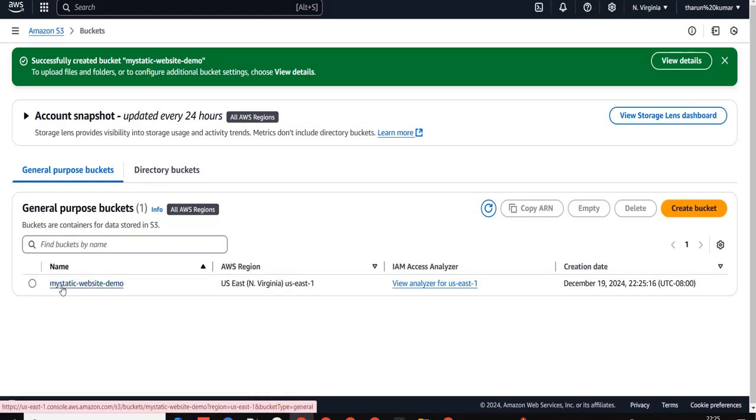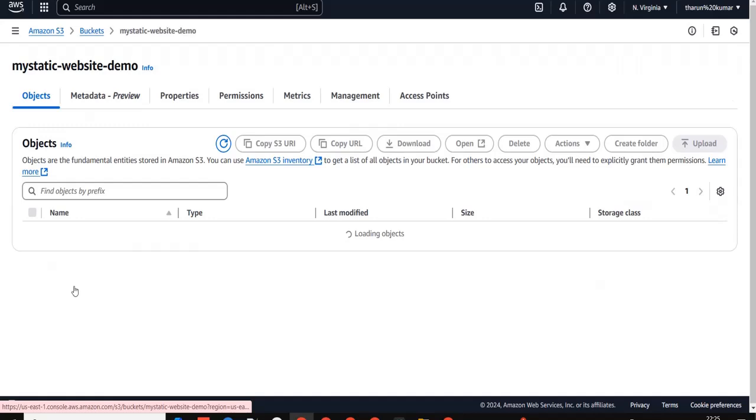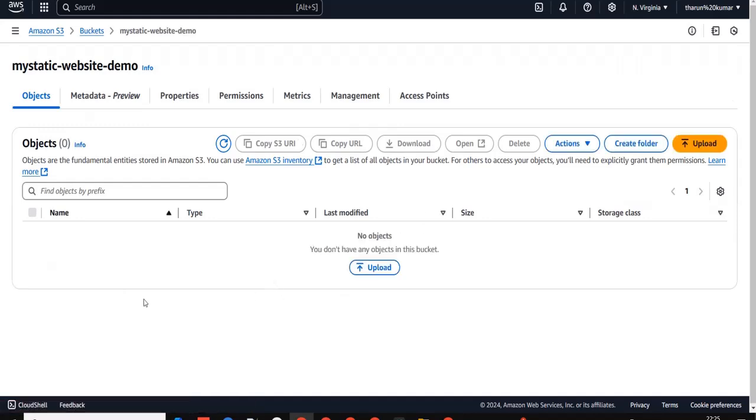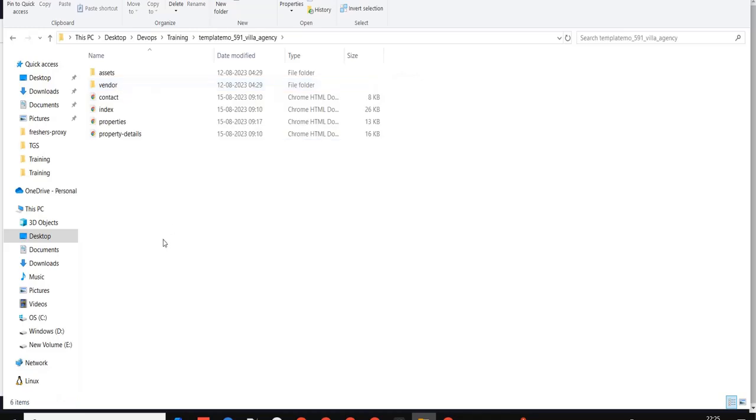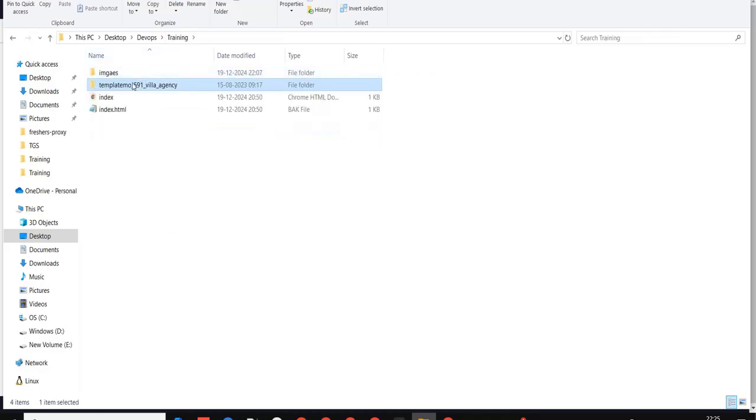Once we hit this bucket link, it will open the bucket console. Now you can see the upload option here. I already downloaded one static website from Google. This is my static website.